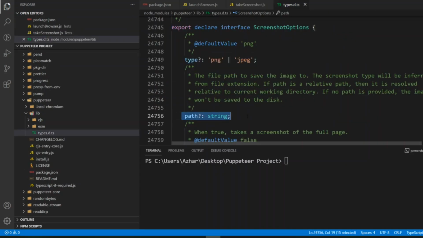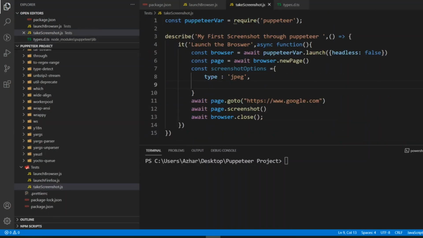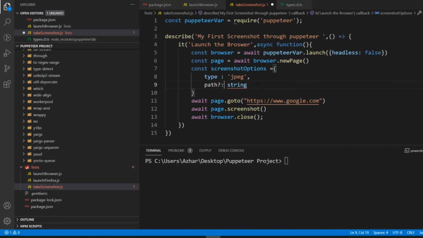Now we'll use the path. So path will be the second argument. Let me remove this question mark, and instead of string I have to give the string, the image path.